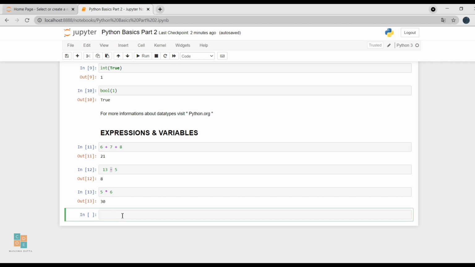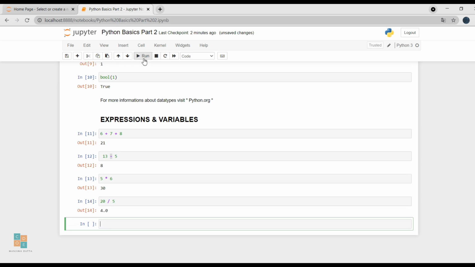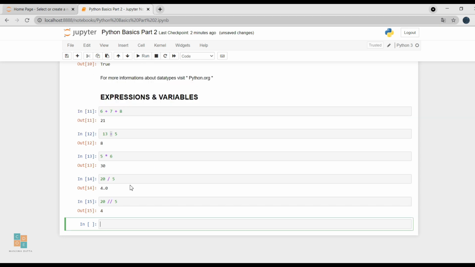And last comes the operation of division. Let's say I want to divide these two numbers and click run, it gives me the result in float value. But remember, when you put a single slash between two numbers, it gives the result in float value, as in 4.0. But if we want to get the result in integer format, we need to put double slashes between two numbers and click run. And see the difference? The above result is in float format and this result is in integer. So these are all mathematical operations.